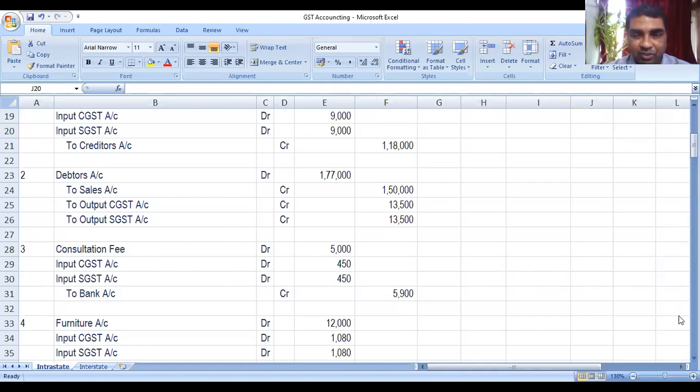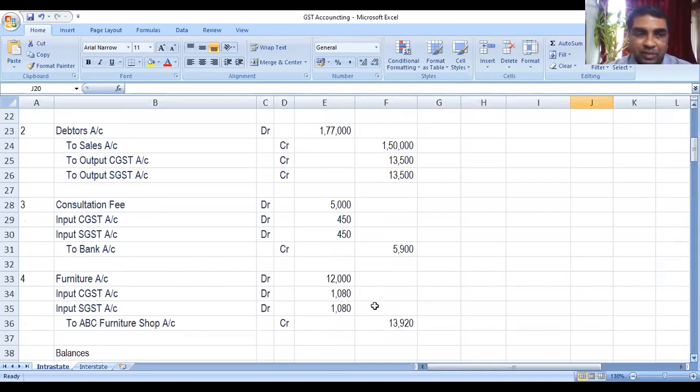So that's current liability. We have to keep in mind that in the sales transaction and purchase transaction, the organization recognizes a current liability and current asset. When there is a sale, there is a current liability. When there is a purchase with input credit, there is a current asset. Similarly, when consultation fees are paid locally, input has to be added. Consultation fee is an expenditure that is recognized. Then input CGST, which is a current asset, and input SGST, which is another current asset, are also recognized, and that has to be settled by bank.